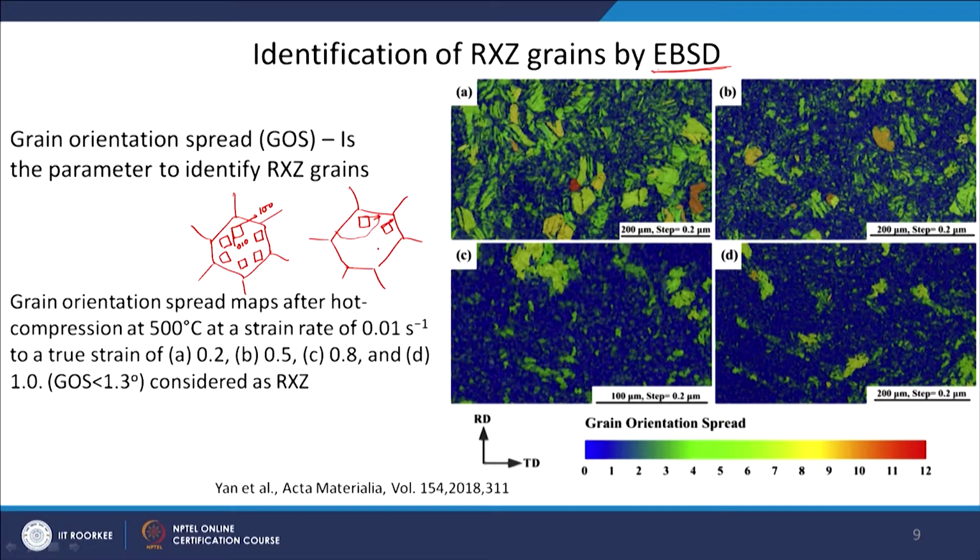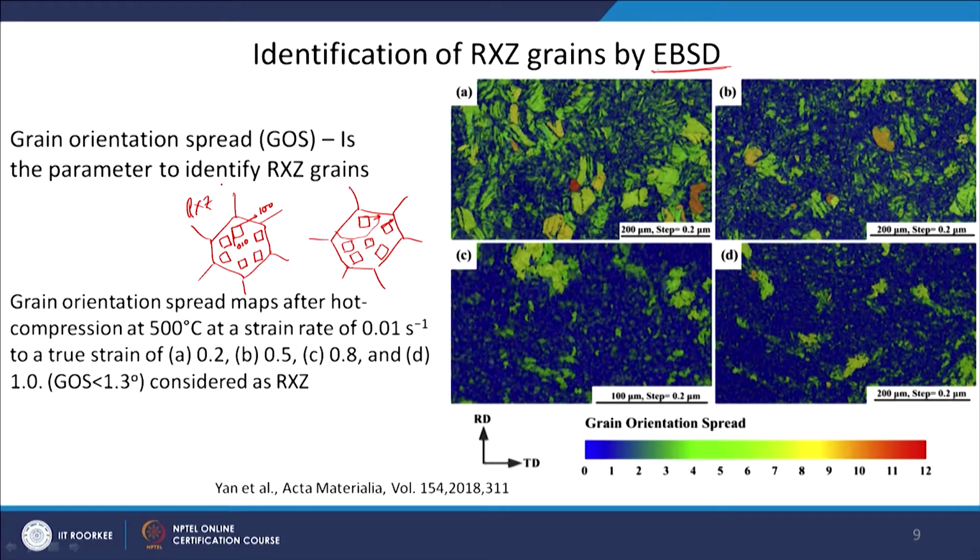Maybe slowly, if you see, there are some very low angle grain boundaries or dislocation network, and after a certain distance it will be oriented something like this. So there is a large number of different variations of orientation of the unit cell. This is what you will see in a recrystallized grain, because you have removed all the dislocations, it is now a dislocation free grain.